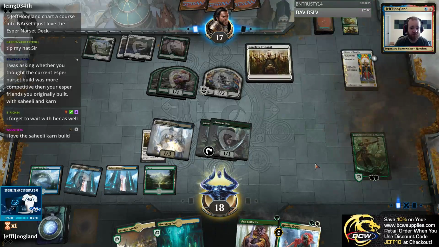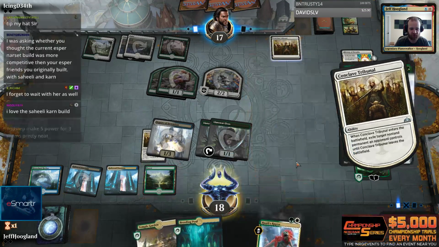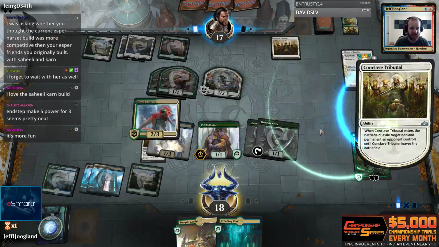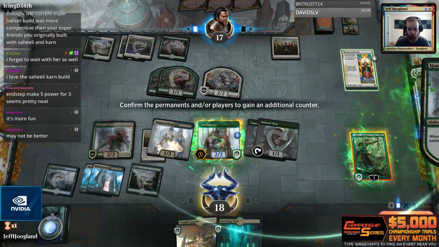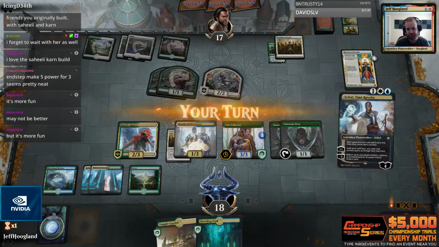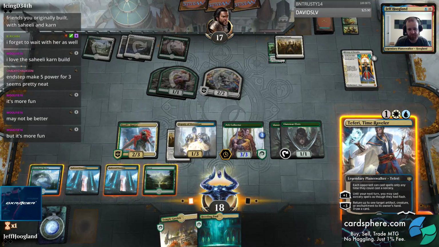Now, one bit of merit, what's the word I'm searching for? One thing to consider is that the Esper Narset deck in general is pretty close to a traditional Esper control, and Esper control's been good for a while, so it's a new beginning. I would be surprised if it's, well,